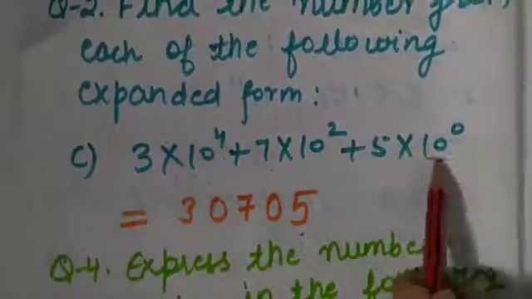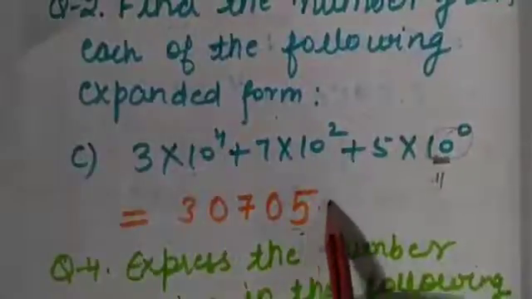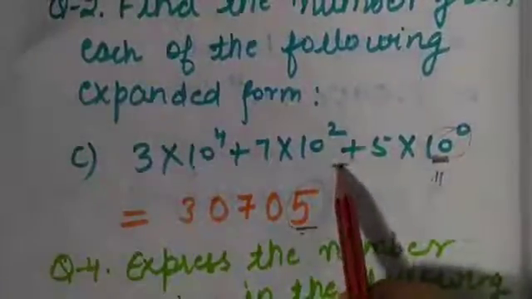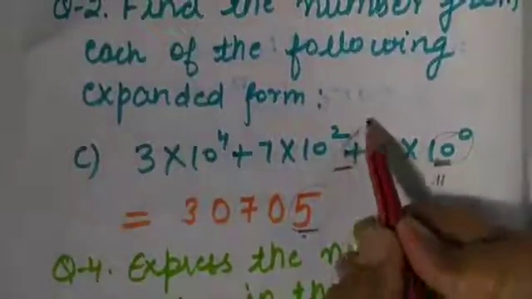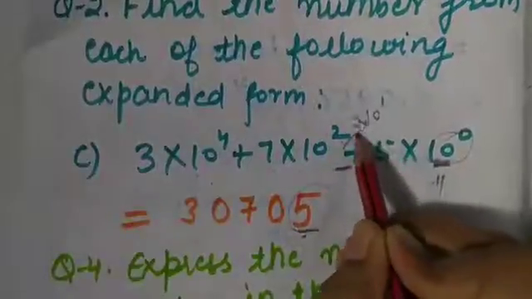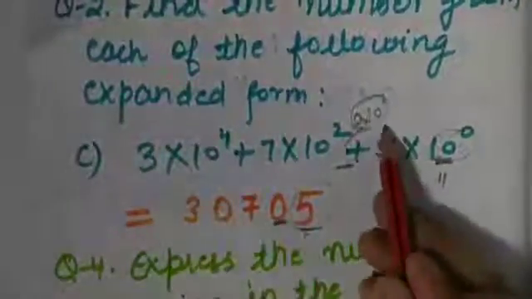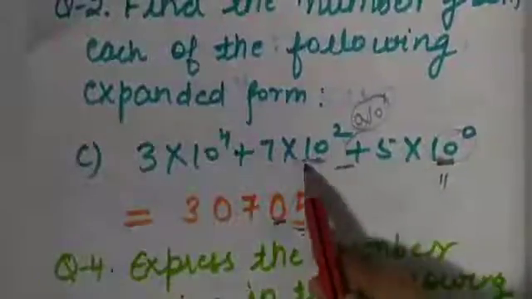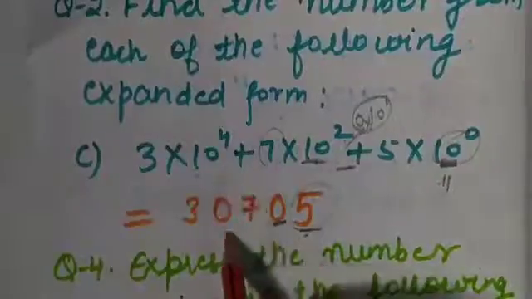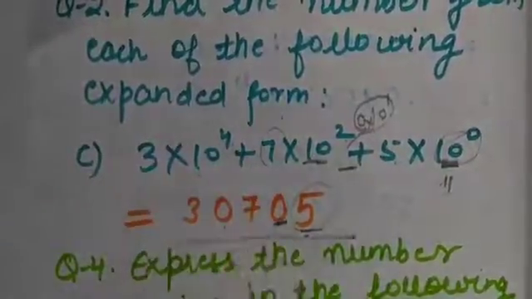Okay, so we will start from the end. This is at the 1's place, so 5 is at the ones place. So at the end, I will have 5. Now there is no term of 10 to the power 1, so obviously that should be multiplied with 0. That's why there is no term. So it will be 0 because there is no tens place. Now come to the hundreds place, it is 7. Now at the 1000 place, there is no number, so it will be 0. Now at 10,000, this is 3. So this is the number.